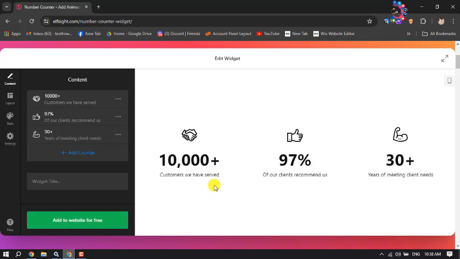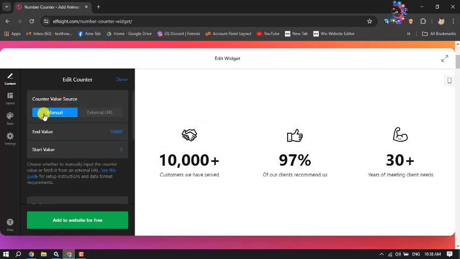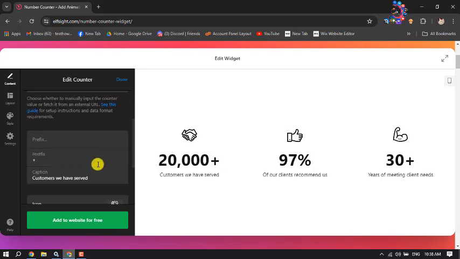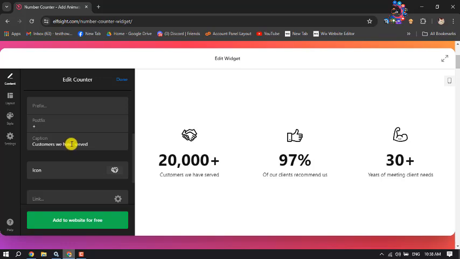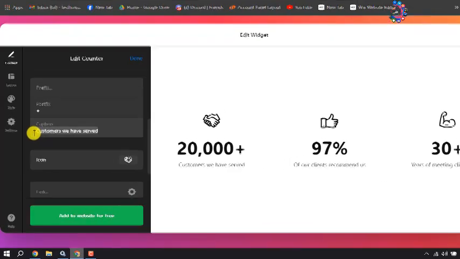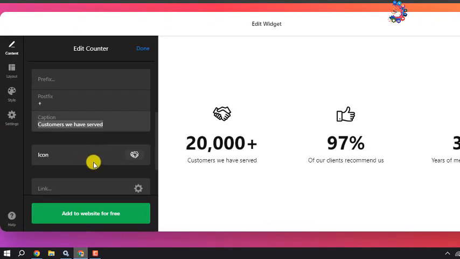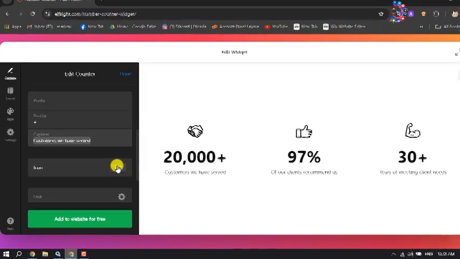And now here it's time to customize this animated number counter template. To change or edit the first counter, click on this first counter, and here you can edit your value, and you can also add a start value here, and then you can change your caption from here. And to change this icon, just click on this icon,